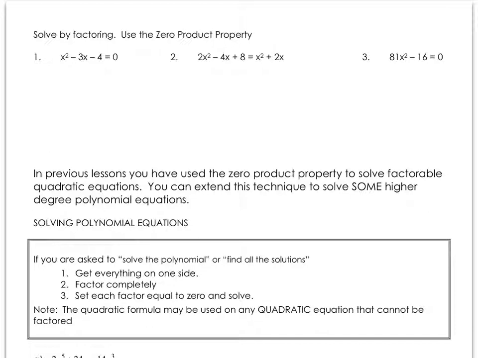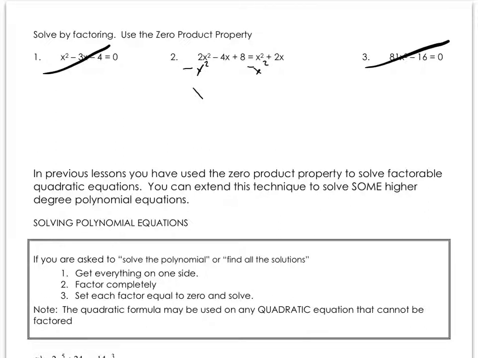Now, again, throwing in the equal 0, all that's really going to do for us is it's going to make us have to solve it eventually and find out what x actually equals in the end. So let's just go ahead and take a look at maybe this middle one here, and let's solve that. So before we do that, we know we need to make it equal to 0. So let's go ahead and subtract out the x squared from both sides. So if I do that, so if I subtract out x squared,